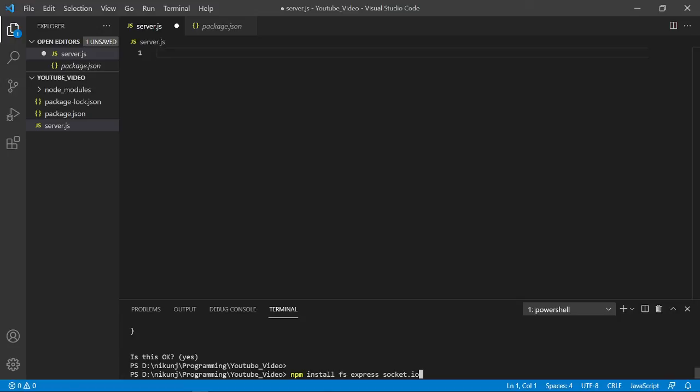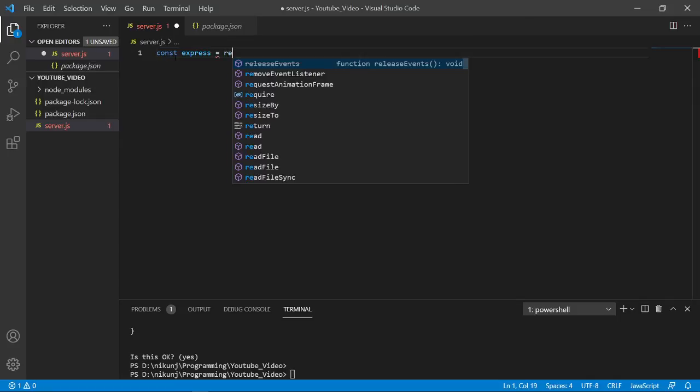Once you have installed your packages, you can import them in your JavaScript file, that is your Node.js file, by writing const express equals require express.